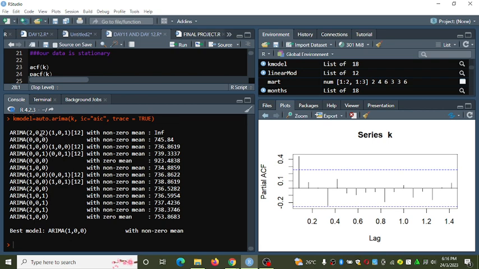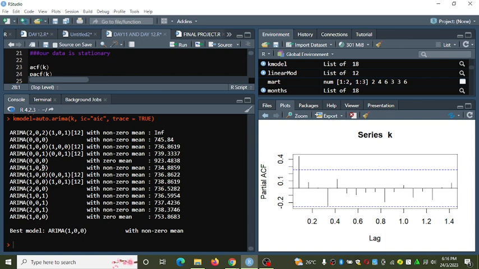Ukikuja kuangalia that model in this part here, let's compare this model here with the inferences from this part. 100 iko wapi? Let's see. Where is the model?